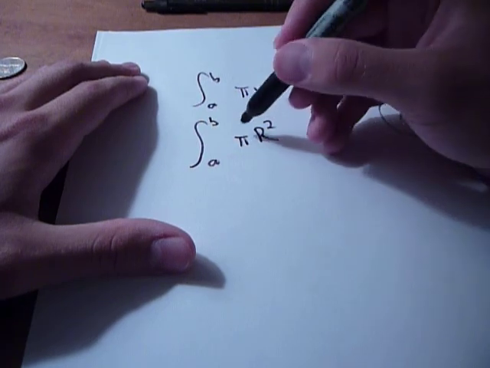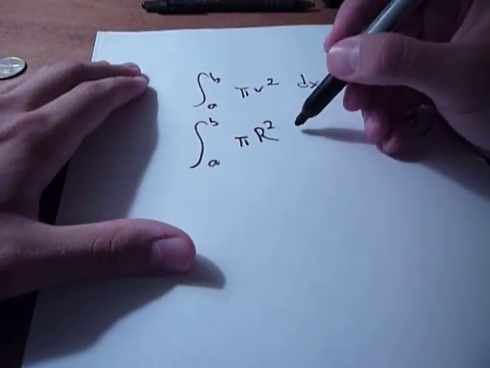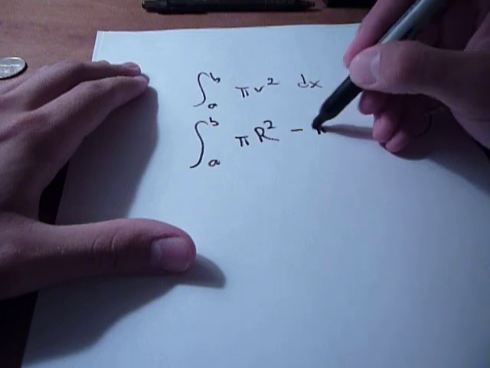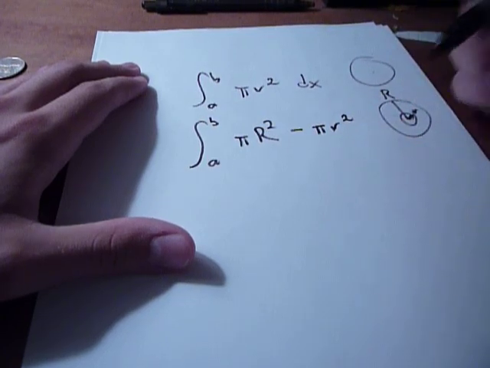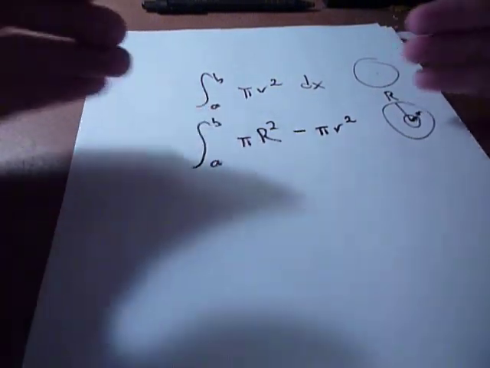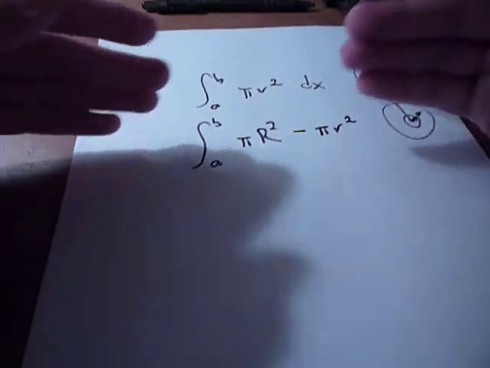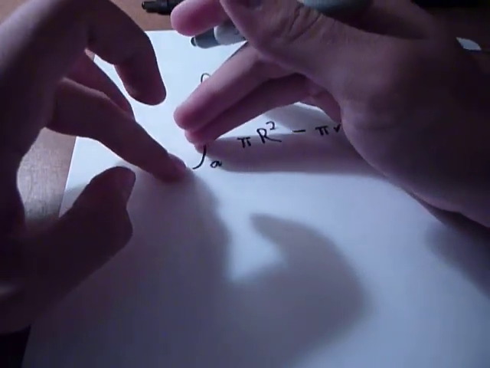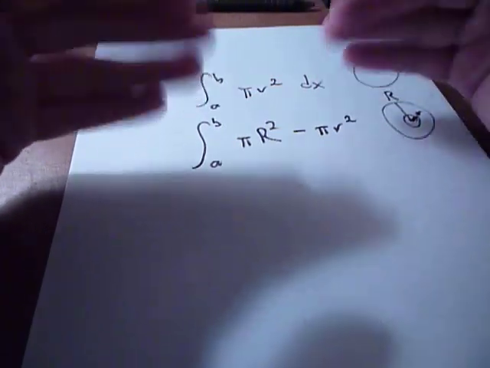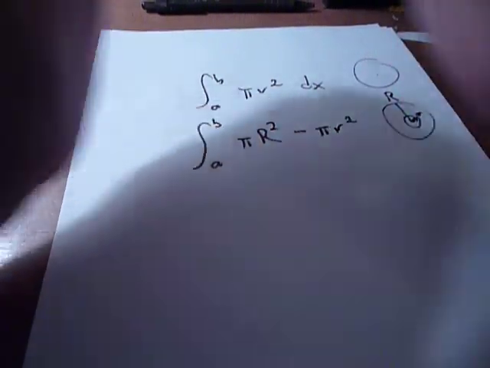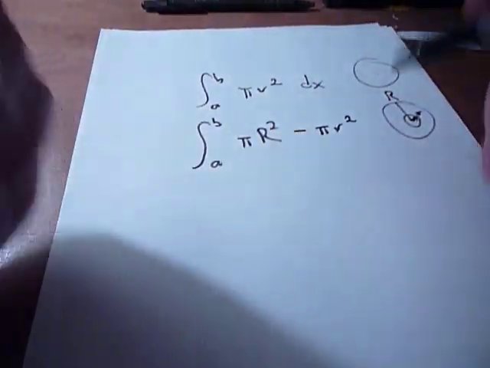So you get pi R squared, and then you subtract pi lowercase r squared to get the sum of your areas. And the integral will be summing up all of these infinitely thin slices of washers,